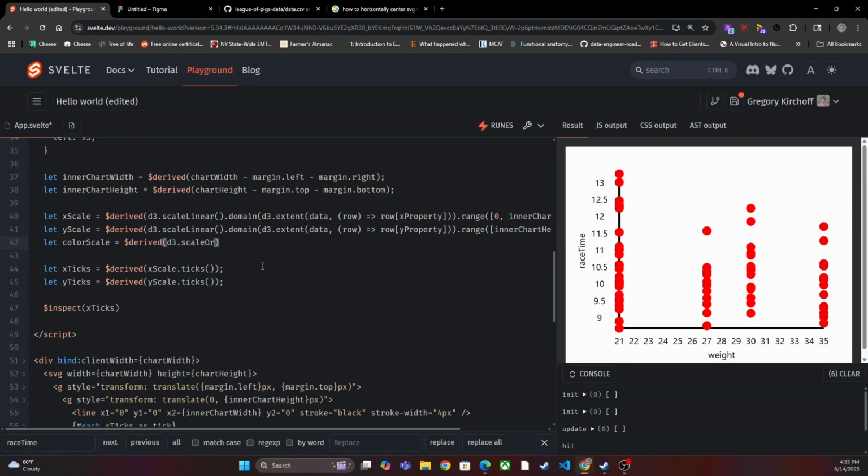It's going to be a scale ordinal. And the domain of that is going to be the name of the pigs. So let's just do, I don't know, Ginger Hamilton. Actually, you have to put this in an array here. Ginger Hamilton will map to, so let's put a range here, orange. And you can see that